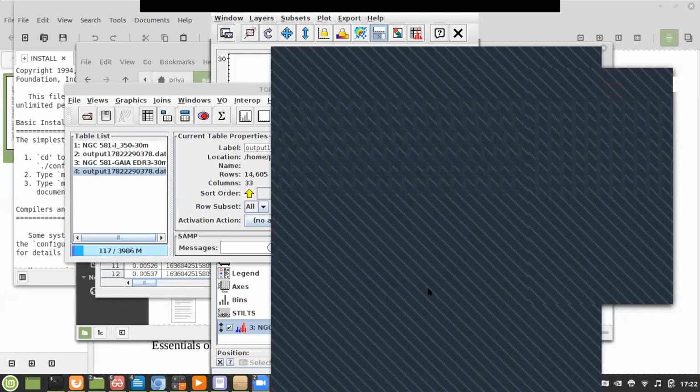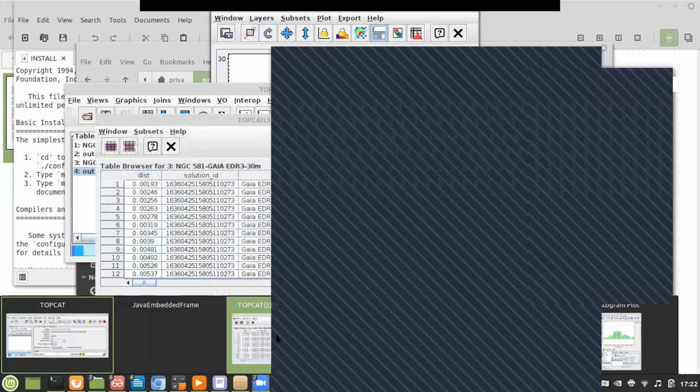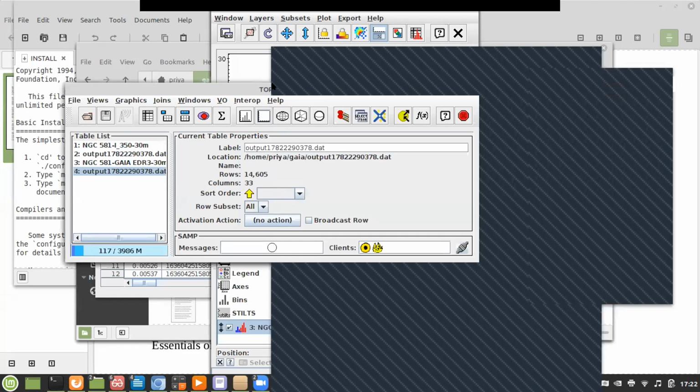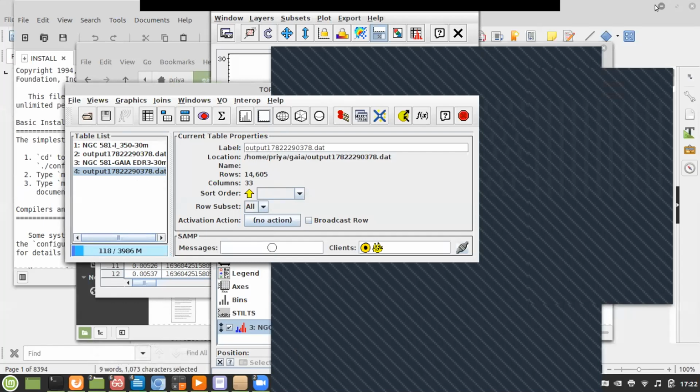Come on, I don't know, my system seems to be hanging or something's wrong. Can you all see my TopCat now? Hello? Can you all see my TopCat? Yes, ma'am, TopCat is visible, but at the same time one black box is also on top in front of it. Okay, wait.